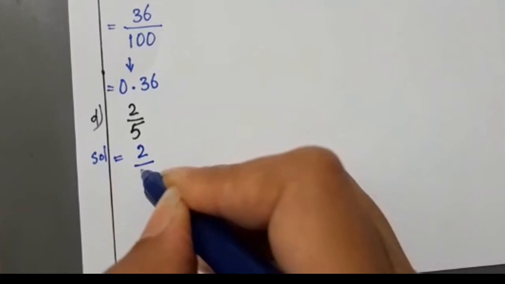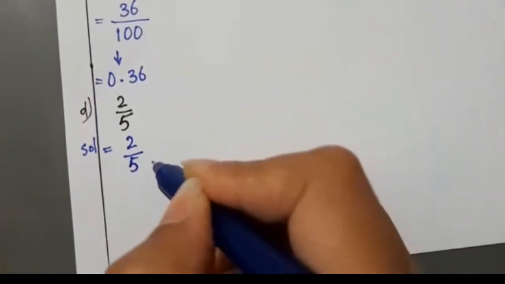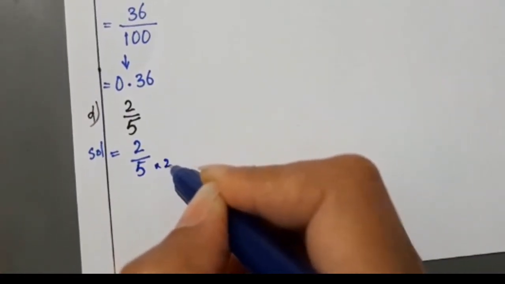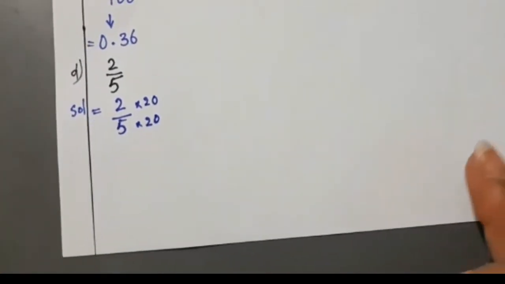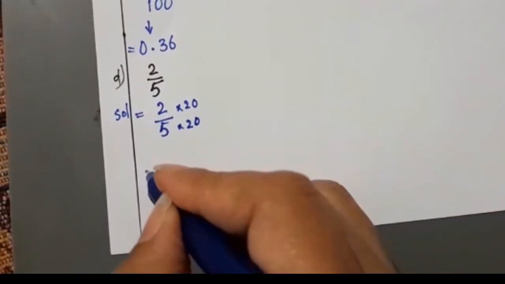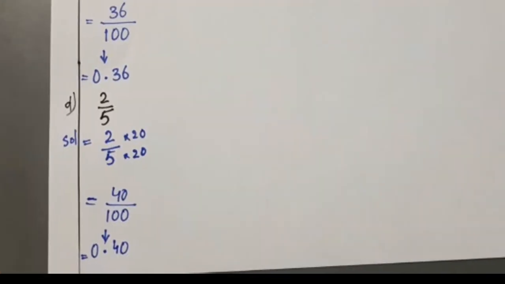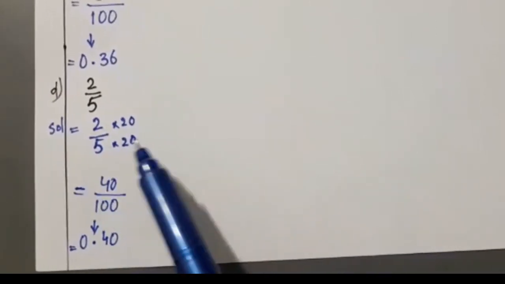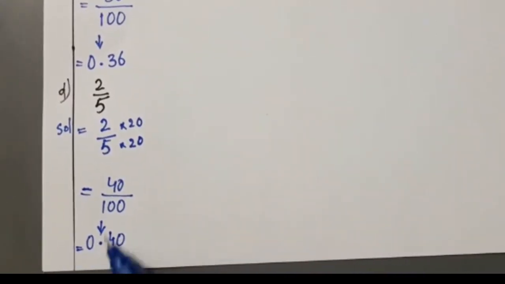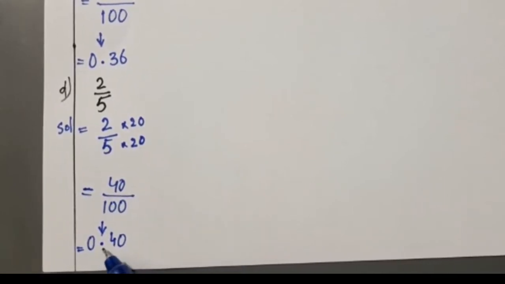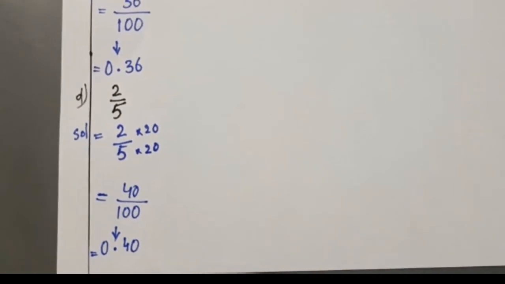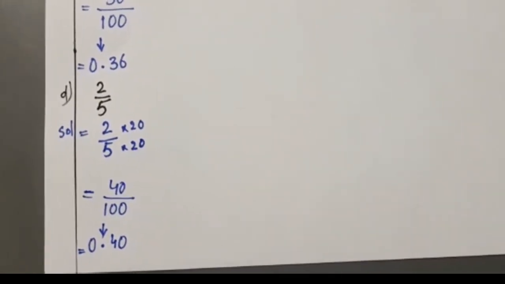2 by 5, and I can write over here 5 20s are, so I have to multiply 2 with 20. 2 20s are, as 2 10s are 20, so 2 20s are 40. As you can see boys, 2 20s are 40, 5 20s are 100, and this one has turned into the point as it has two zeros and there are two digits, so 0.40 is our answer. We will do the next part, that is 39 over 500.